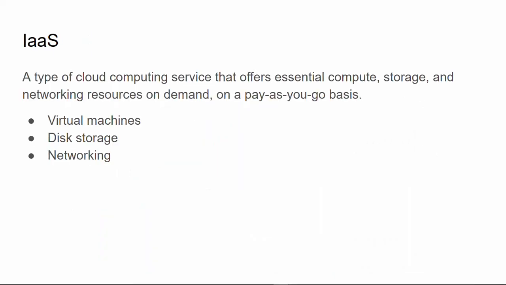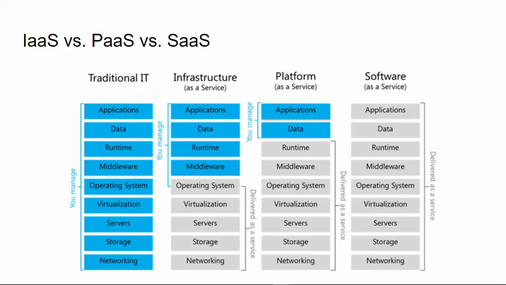IaaS is the type of cloud computing service that offers essential compute, storage, and networking. If you think back to what we just saw: networking, storage, compute resources on demand on a pay-as-you-go basis. The on-demand pay-as-you-go is pretty much the same across all cloud computing services. But what IaaS offers is the compute, storage, and networking. That includes virtual machines, disk storage, and networking. Although we haven't gone into the definition of these, I think you can pretty much guess what it means. It means